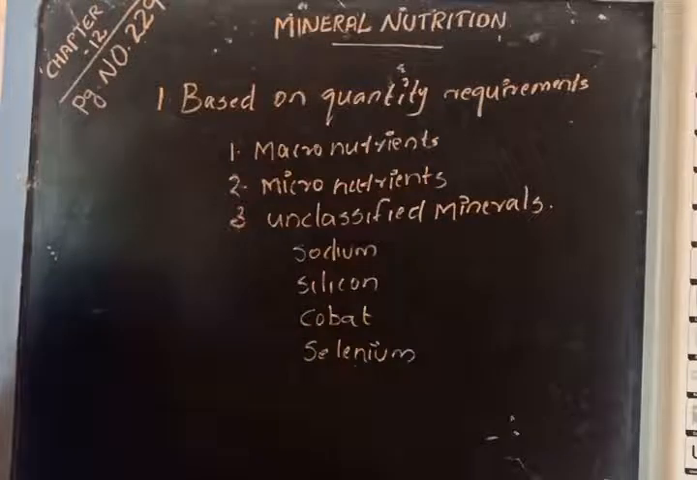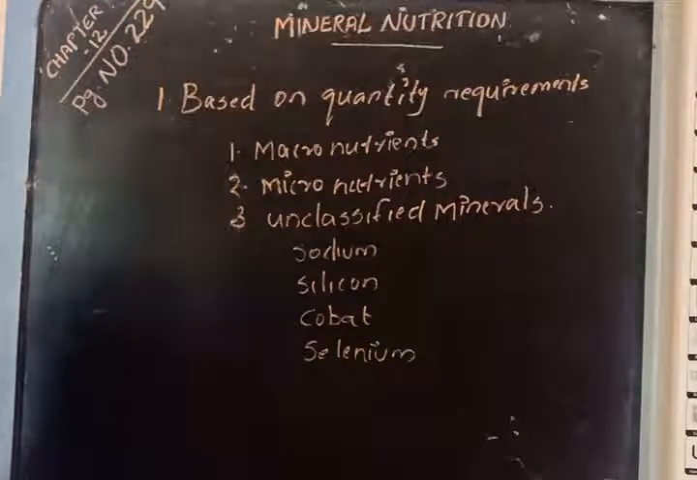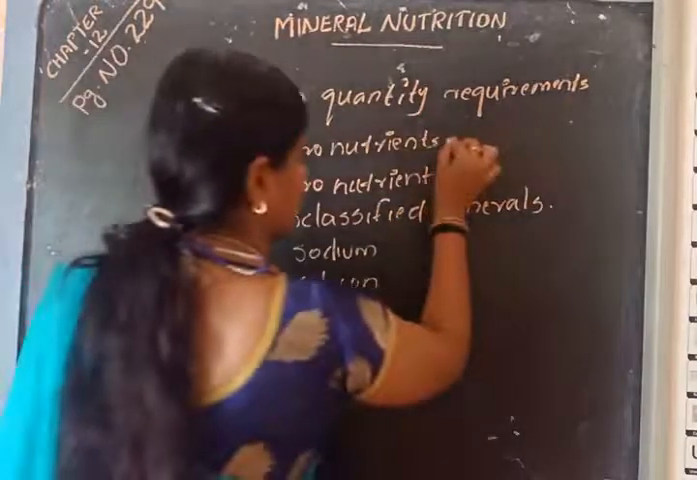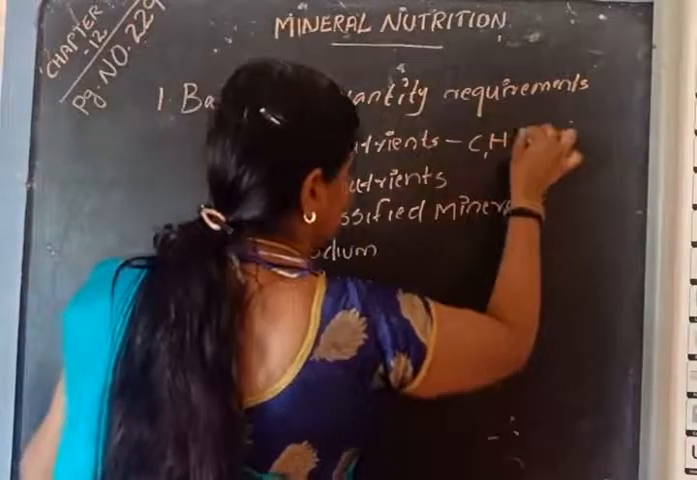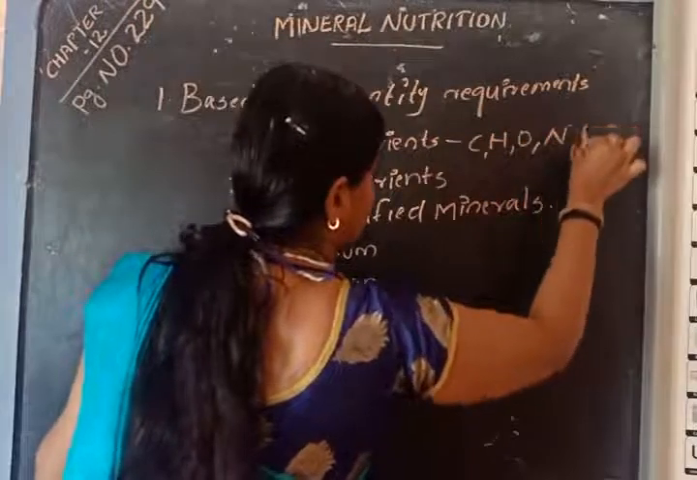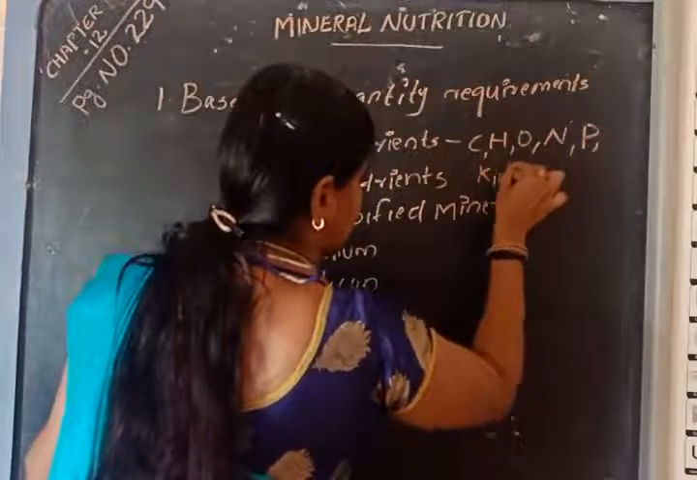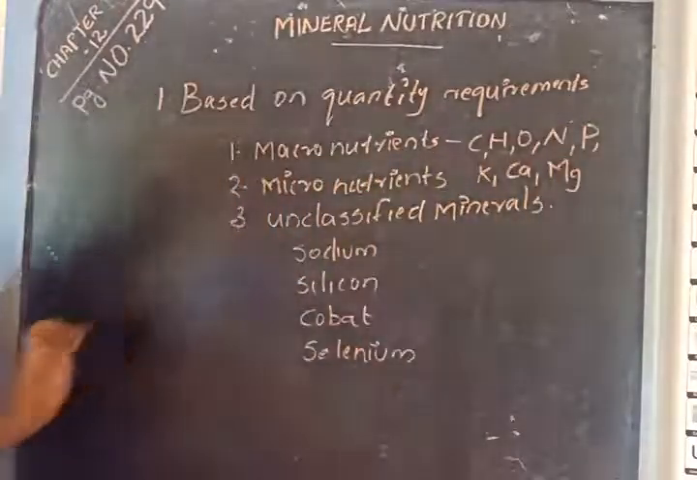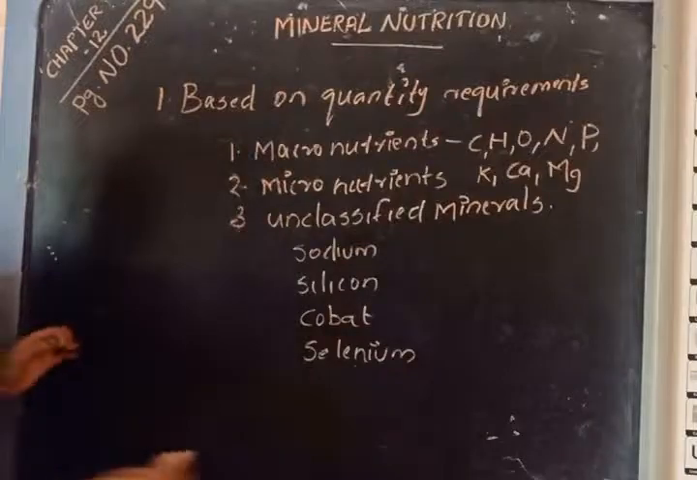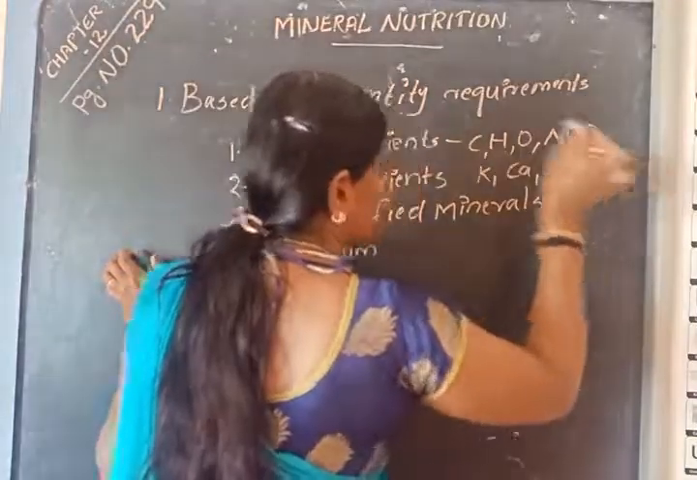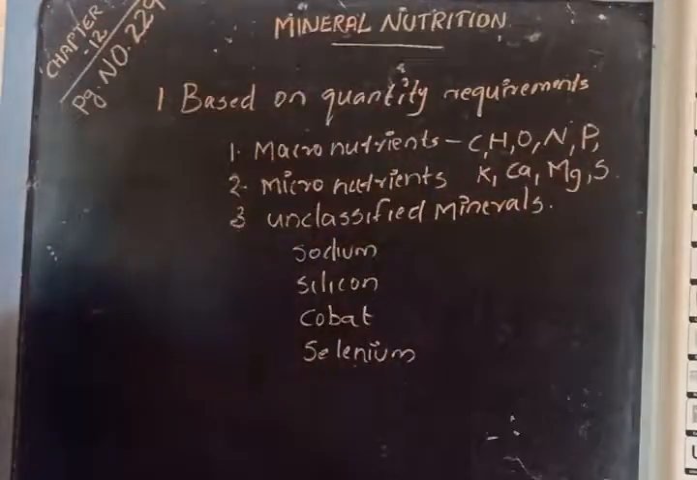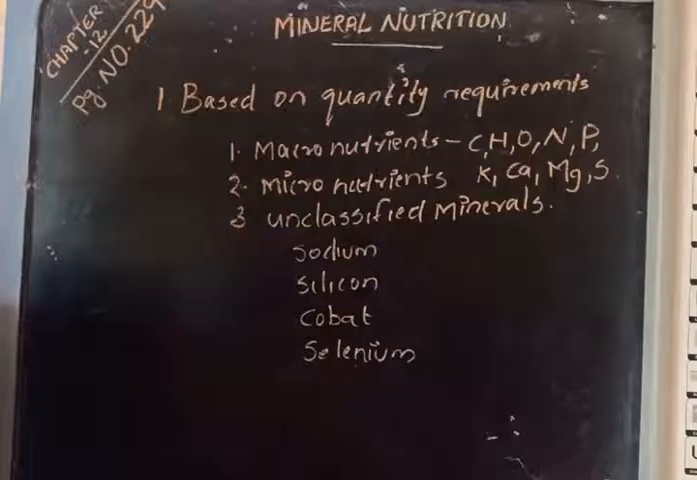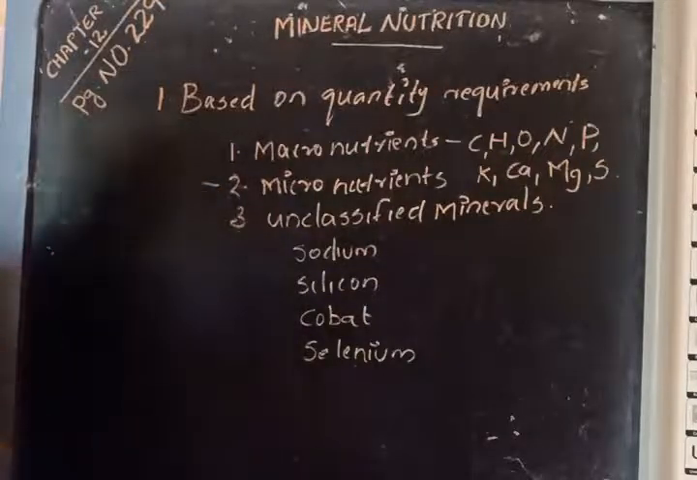Now, macronutrients. We know what macronutrients are: nutrients which are needed in high concentration. Examples are carbon, hydrogen, oxygen, nitrogen, phosphorus, potassium, calcium, magnesium, and lastly sulphur. So these elements are required in high concentration, whereas minor nutrients are